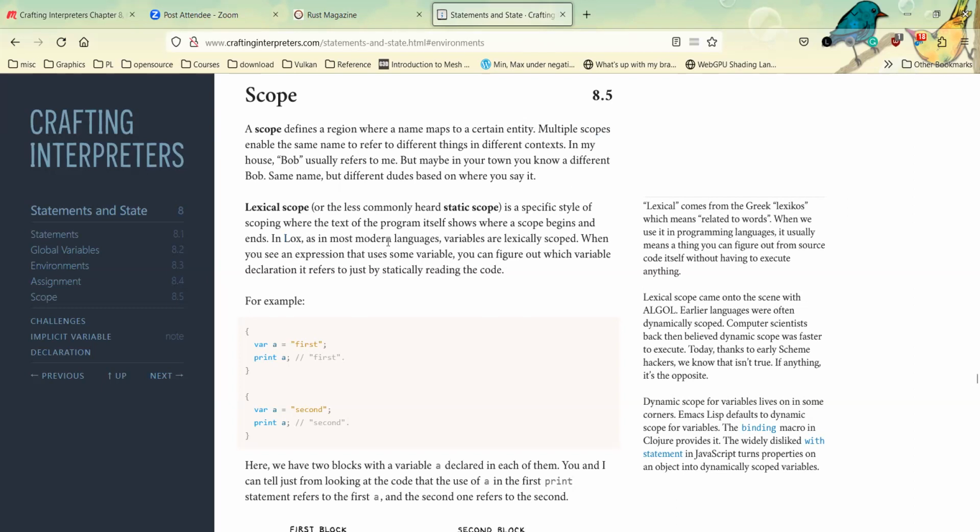In Lox, as in most modern languages, variables are lexically scoped. When you see an expression that uses some variable, you can figure out which variable it refers to by just reading the code. And most languages have static scoping nowadays.